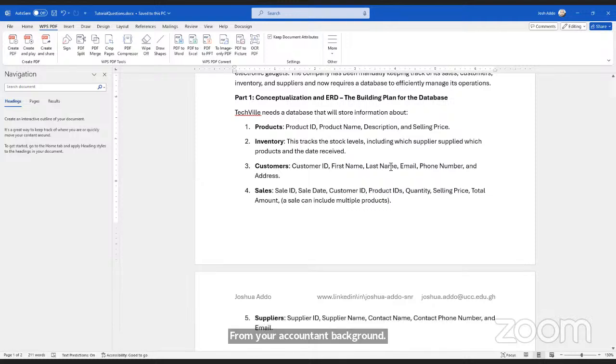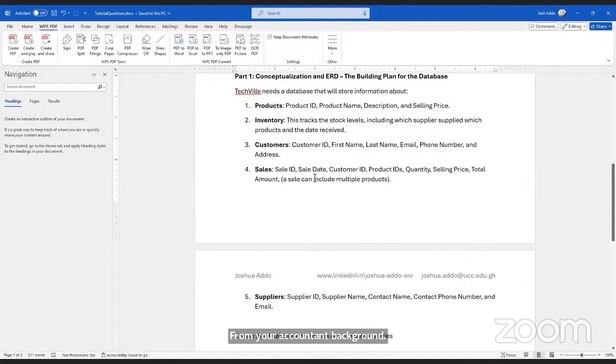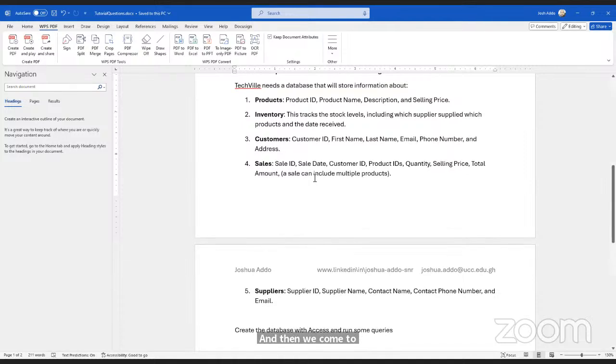Okay, so that will be the inventory. And you can directly see the connection between the products table and the inventory table. When we are getting things into the warehouse, which is represented by inventory, those things are some products which we have listed in the products table. So that's how they link. And then we come to the sales table. When we have product lists, we use the product list to go and buy.